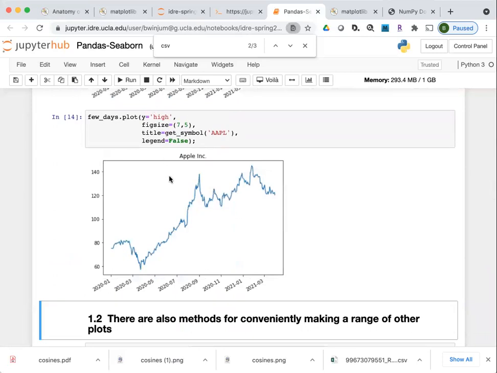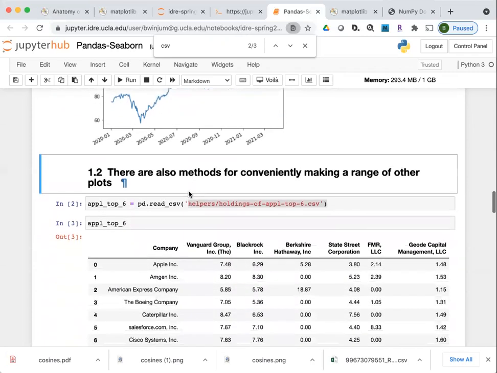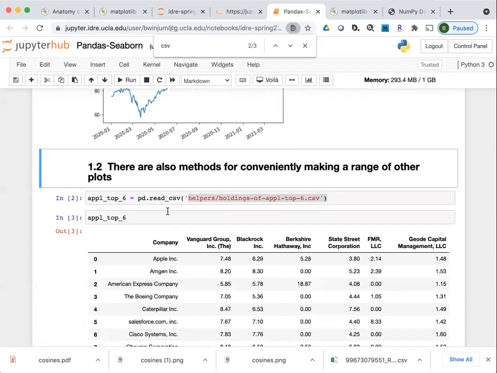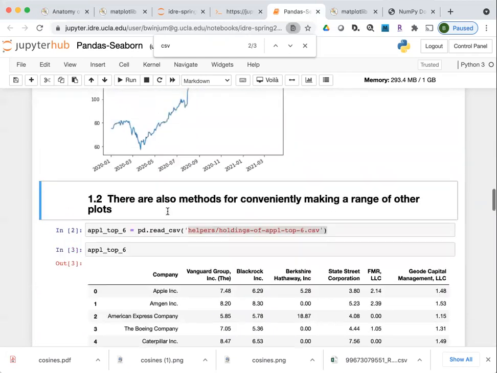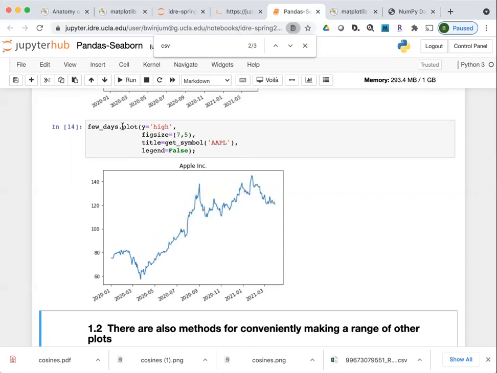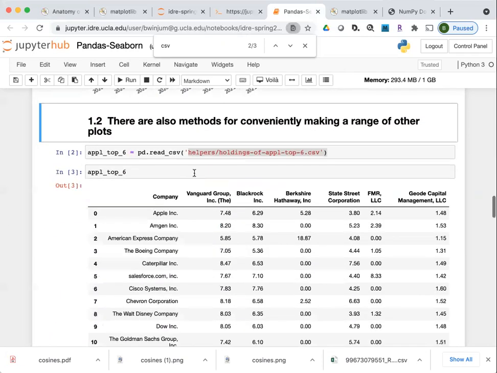But it's starting to be a little easier to do this because I'm not necessarily going in and tweaking each little individual thing about this. I'm setting the values of some parameters that I put into the call to the plot method. Data frames also have other methods, well, the plot itself has other methods.